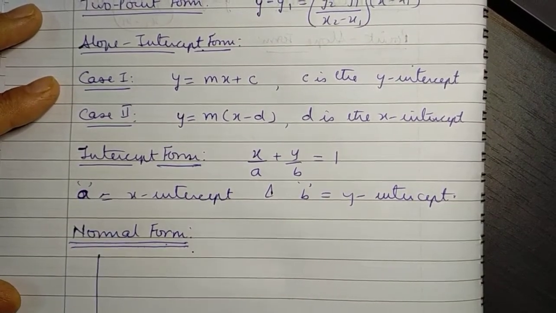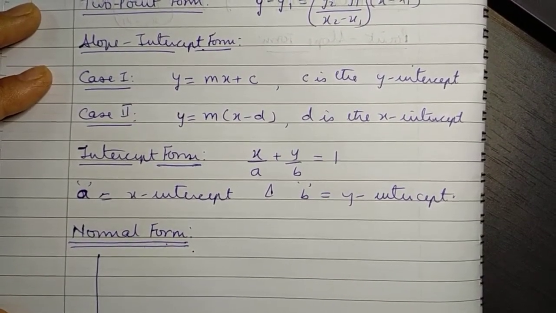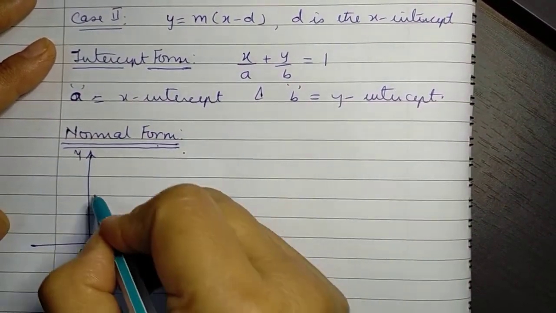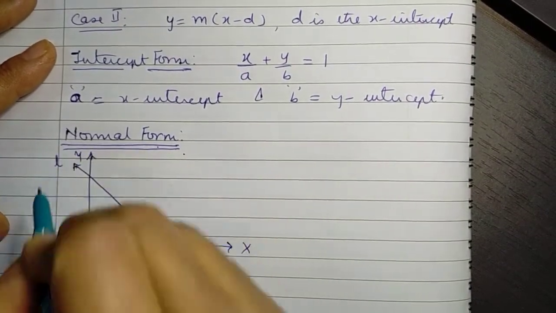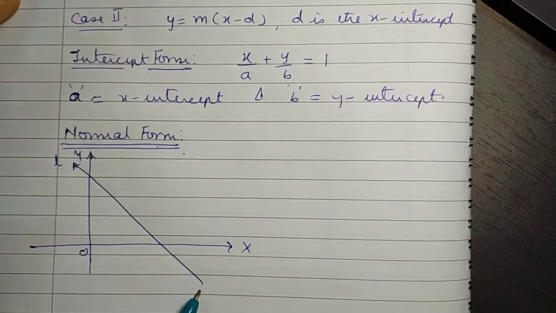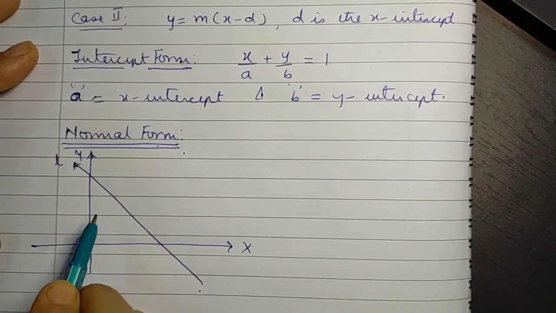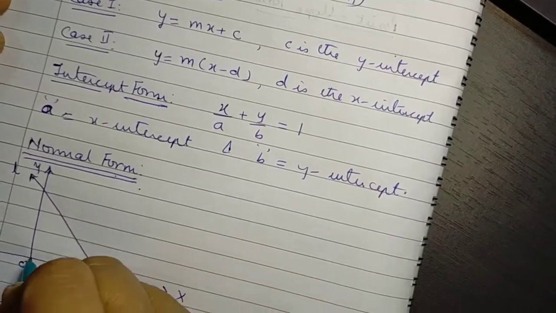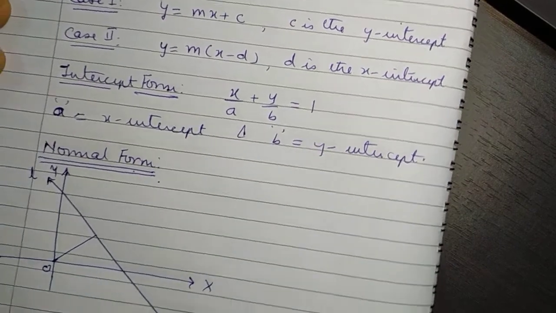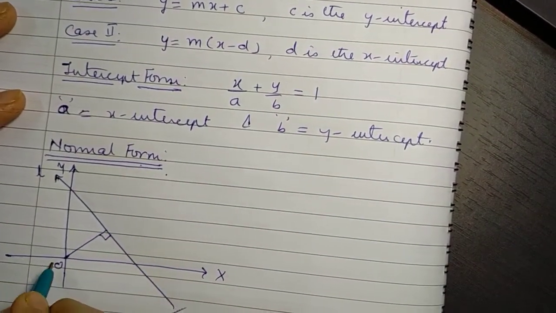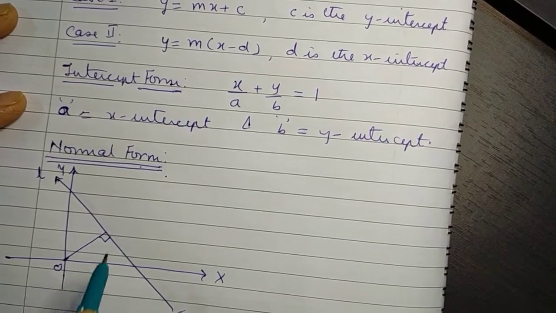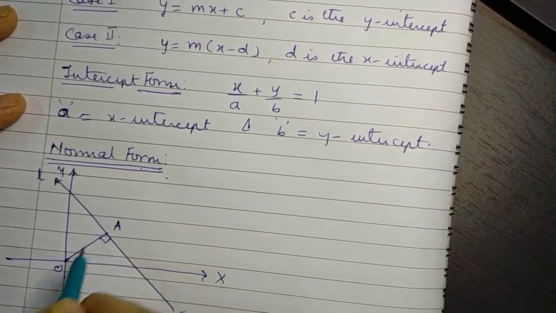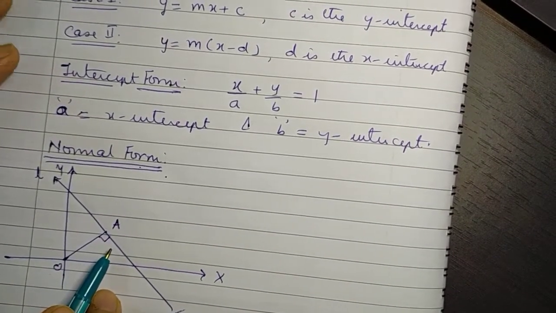That is, let's take the xy plane, and we are given, this is x-axis, this is y-axis. We are given any general line. Let's take up, this is the line whose equation is required to be found out. Instead of giving the information about this line, what we are given is the information about the normal to the line. So what we do is we drop a perpendicular from the origin onto this line. So let this foot of the perpendicular be denoted by the point A.